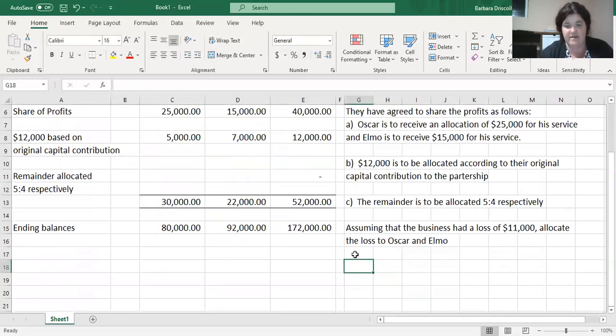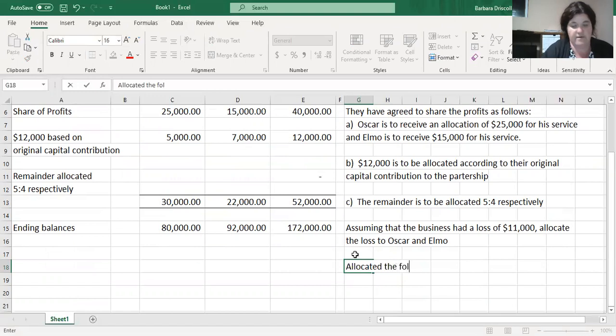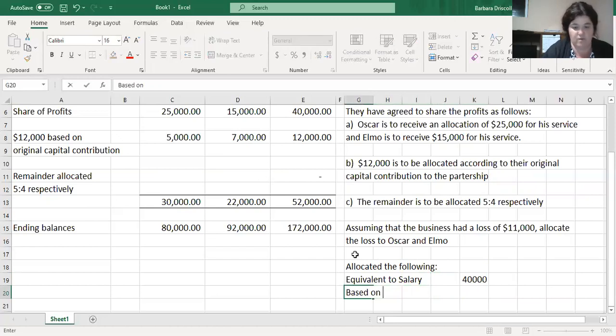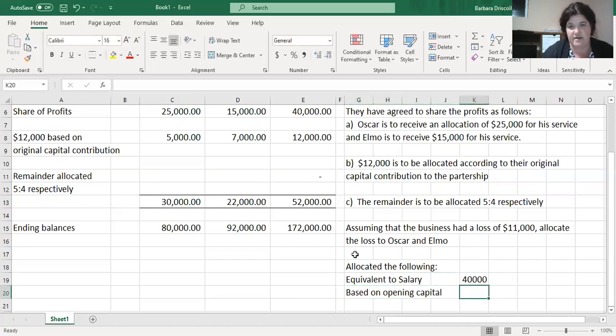So we've allocated an equivalent salary between the two of $40,000. Based on opening capital, as noted in the partnership agreement, we've allocated $12,000. So we've allocated $52,000 worth of income,